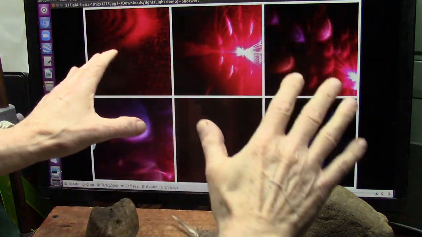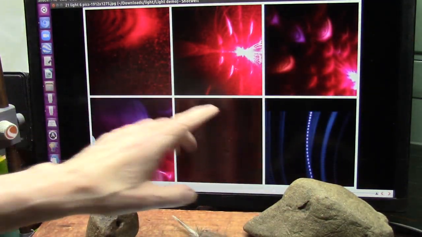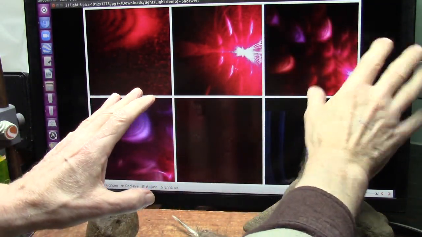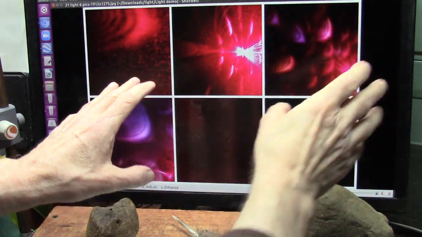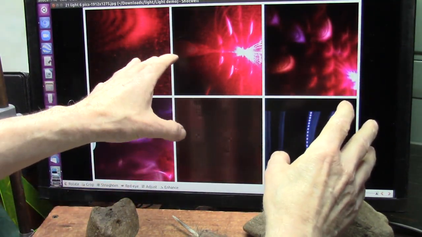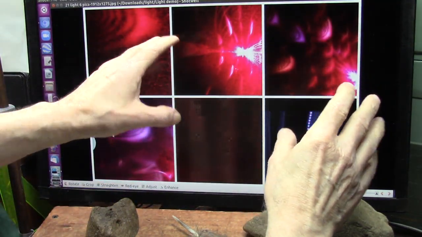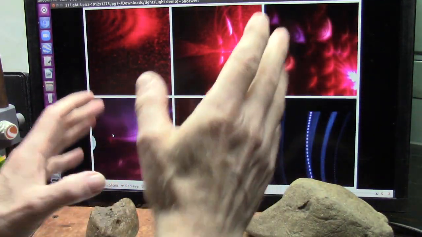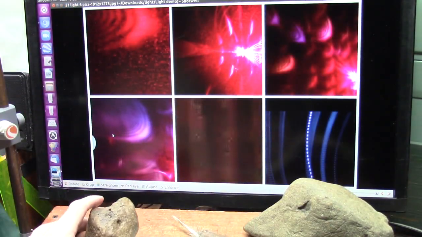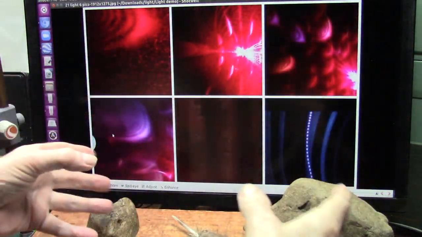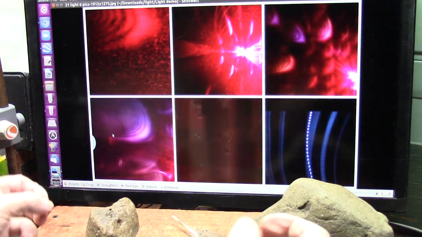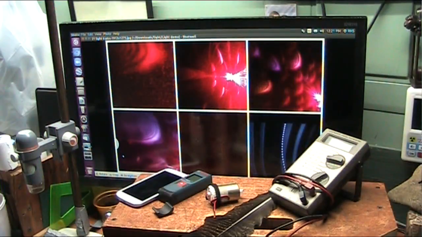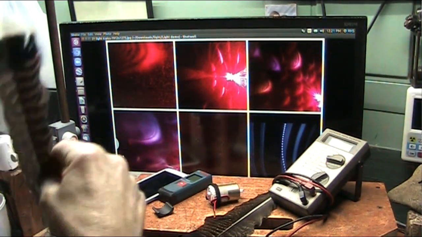If space is loaded with these particles and light can slow down and speed up depending upon what it hits and it's bumping against, one over here could be coming at us through a whole batch of stuff, and one over here coming through nothing. We would think this one here is very close, and this one's far away, and it could be just totally the opposite. We have no idea where anything is in space at this moment. But the close-up things in our solar system, probably yes. Outside of that, we have no idea. Totally lost.